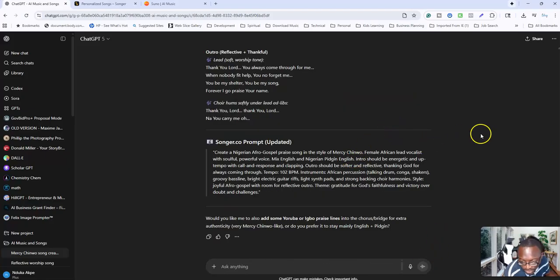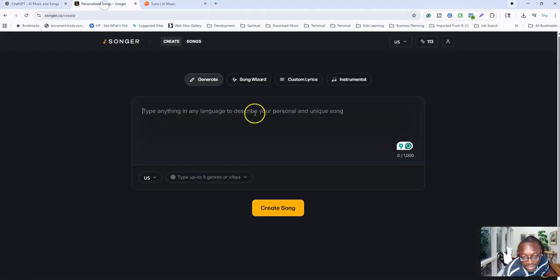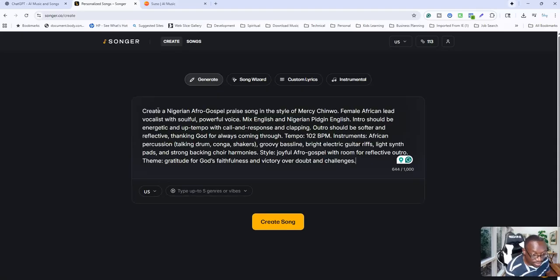The first thing we're going to do here is try to use the prompt as a starting point. So here's my prompt here. I'm going to copy everything between the quotes. I'm going to put this in Songer, and I'm going to see if Suno will take this prompt too, because I didn't really pay attention to Suno in what I was doing. So let's go here and put this right here. Here it's expecting us to have up to 5